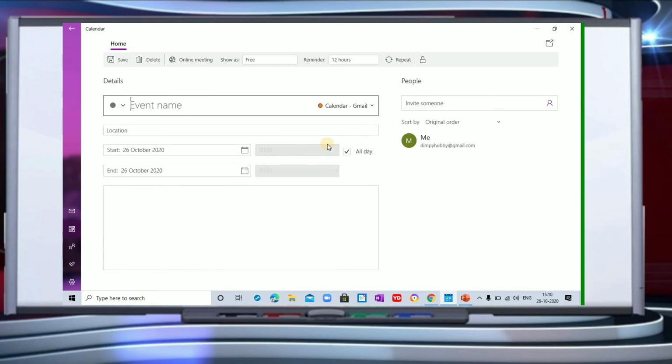Once you go to more details, it will show you clearly all these options. Once you go for the meetings, the best thing is that you can create an online meeting also. The moment you want a meeting now, you can create an online meeting, and then you can go here and invite the people you want to invite for this meeting. Here you can give the email IDs of the people and invite them. So this is how you can share your calendar instantly online, or, once you schedule your appointment, you can share your calendar with the people you want to.